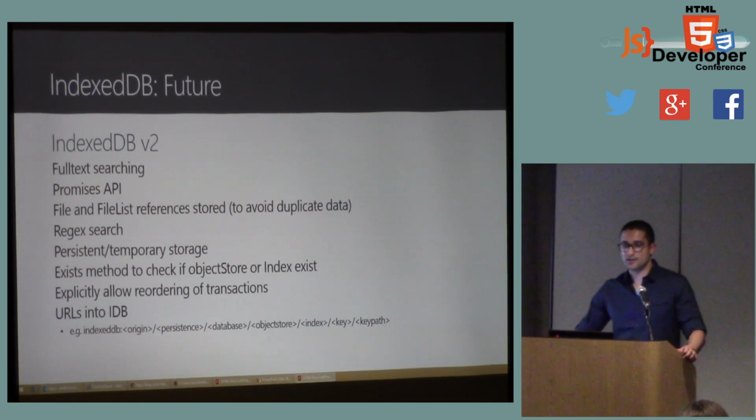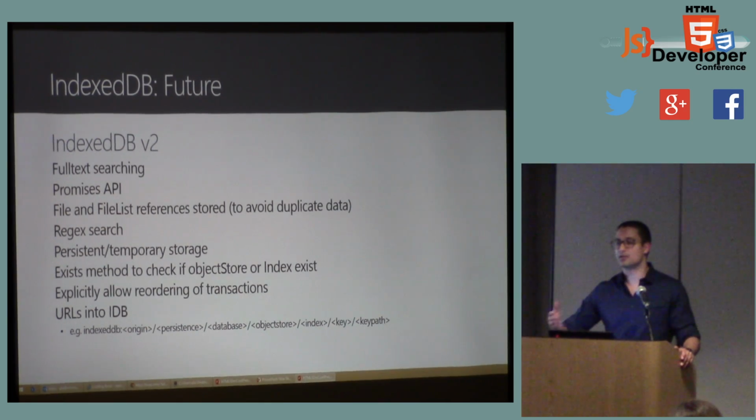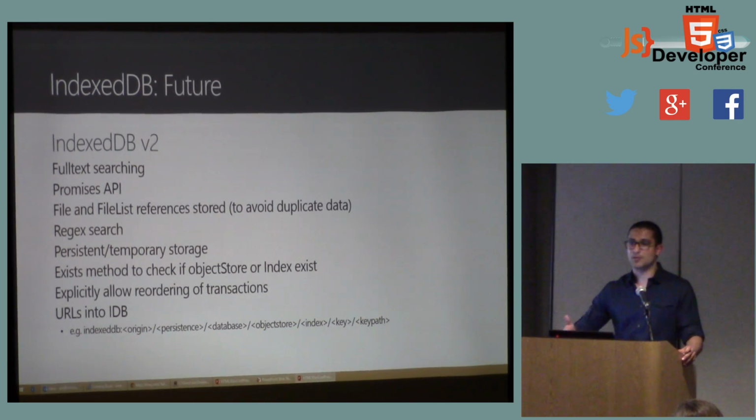Also another thing is an exists method to actually see if an object store or index exists. That's something that people have asked for, and it currently isn't there yet. And explicitly allowing the reordering of transactions. So right now, transactions get booted up, and the browser has a scheduler that decides when these transactions run based on the actual mode of the transaction, whether it's read-write or read-only. So of course, it would be pretty neat to be able to decide whether or not you want transactions to run at different times. And then having URLs into the IndexedDB,